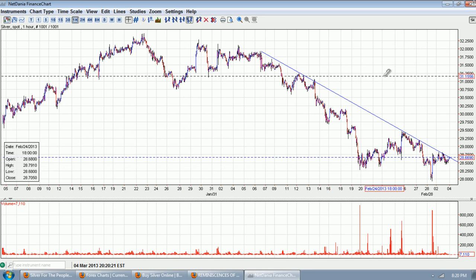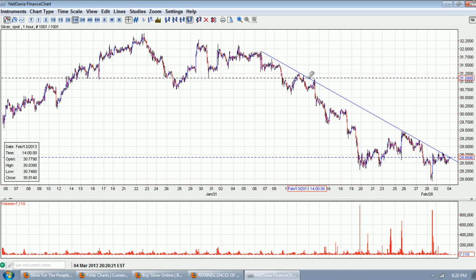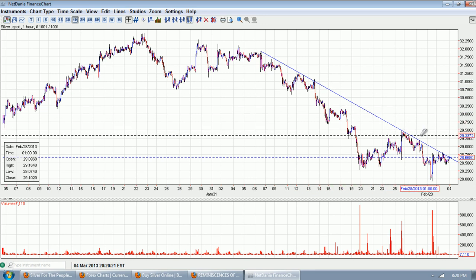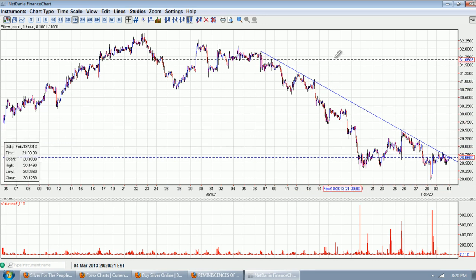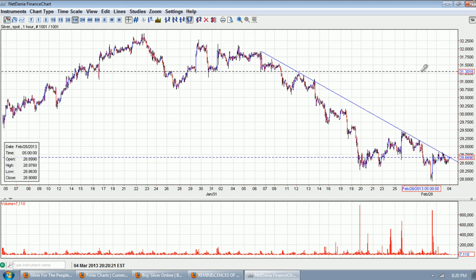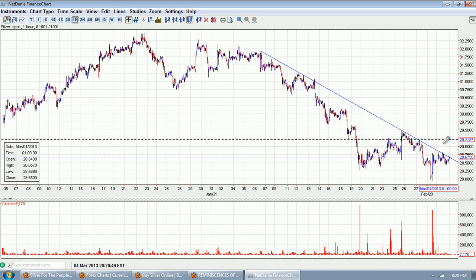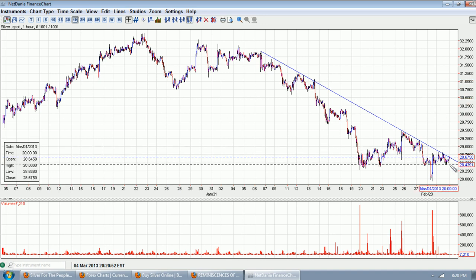Now we've got this very important trend line here. You can see that the touch points and virtual touch points are 1, 2, 3, 4, 5, 6, 7, 8, 9, 10, nearly 10. And you can see we're coming up upon the line again. It's going to be an interesting overnight session because there's going to be a chance for Asia to move us